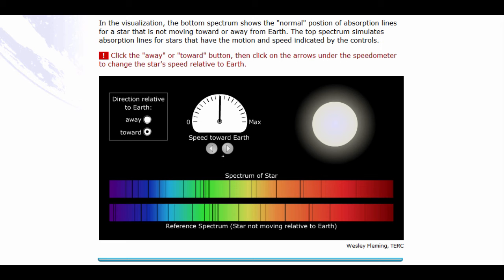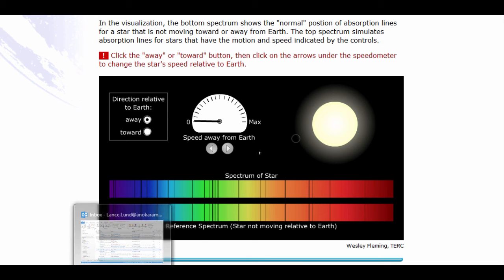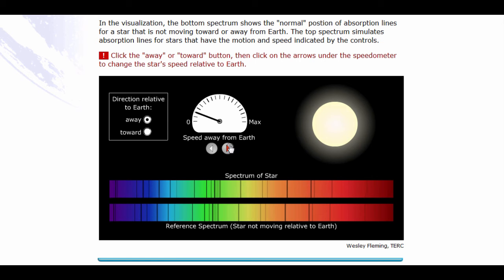Turns out, though, when we look at stars, we don't see that. We do not see them blue shifting. Rather, when we look at distant stars, what we see is this. Notice now as I'm increasing the speed, we are going away from the Earth, and this is a speedometer right here. As we increase that speed, these lines are shifting more to the right, and we call that a red shift. And so when you look at distant stars, we don't see them blue shifting, we see them red